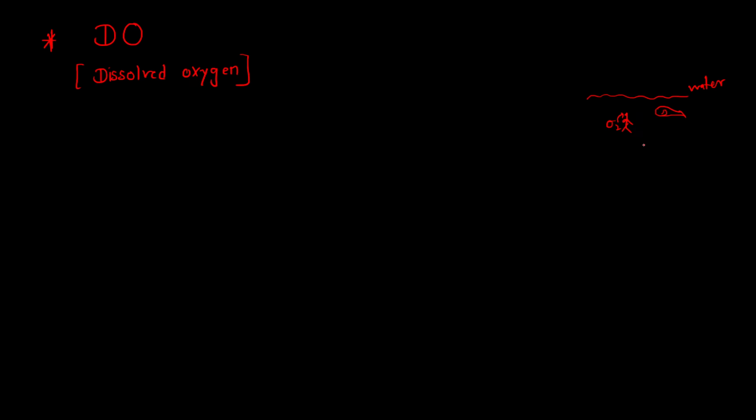So in water there is oxygen present. There is oxygen present in the air also, that we call normal oxygen. However, there is certain oxygen which is present in the water. We call it the oxygen dissolved in water. So such oxygen which is dissolved in water is called dissolved oxygen. So for the survival of the fish or other aquatic animals, there should be the desired level of dissolved oxygen